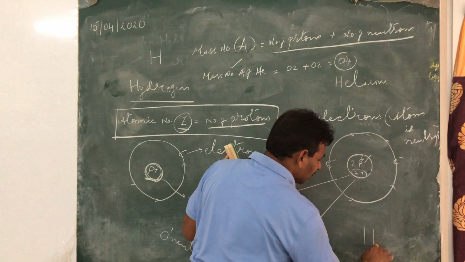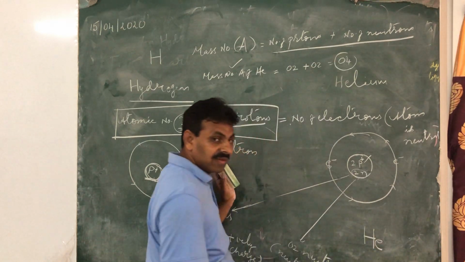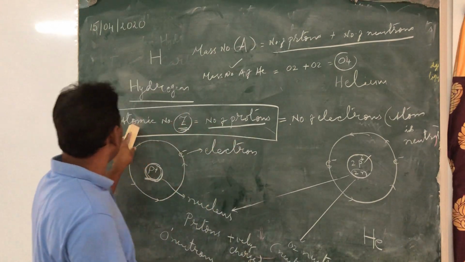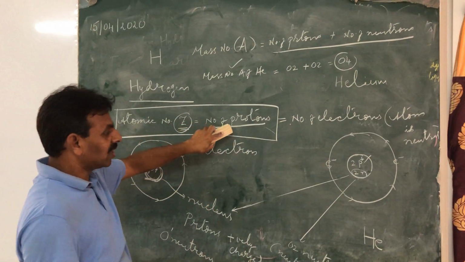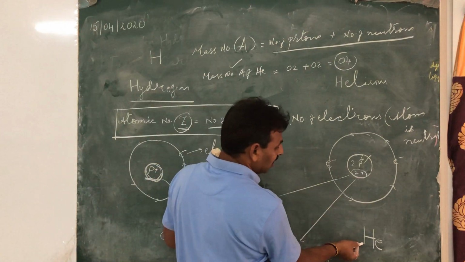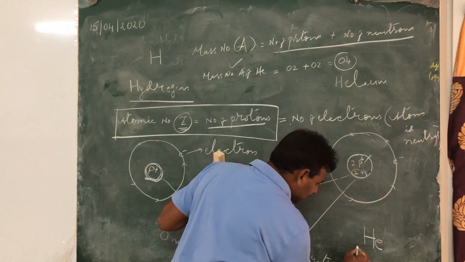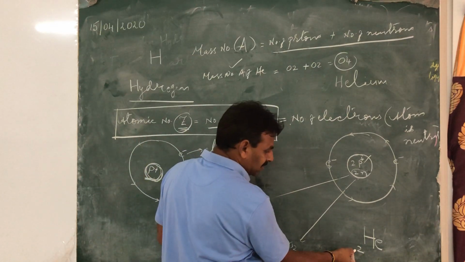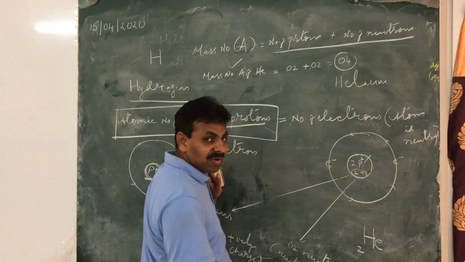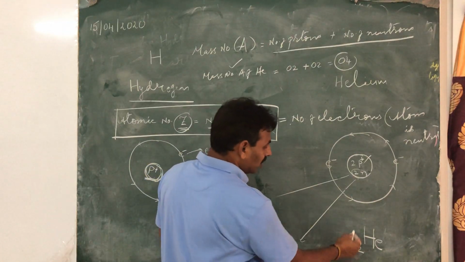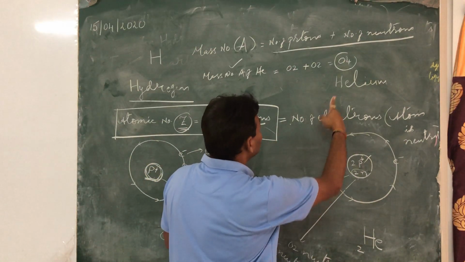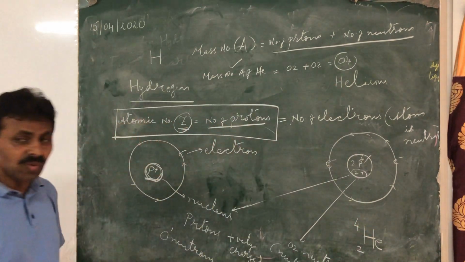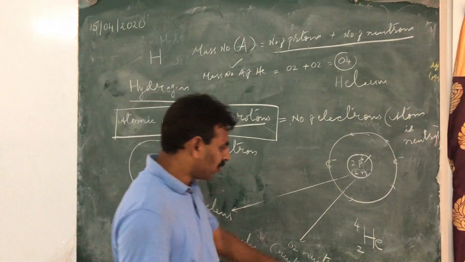What is the symbol of helium? He. Okay. Now, what is atomic number? Atomic number is number of protons. So how many protons are there in helium? 2 protons. So that number is written here, the atomic number as a subscript on the left of the symbol of any element. Now what do we write here? Mass number. It is 4. Like this, 2He4.